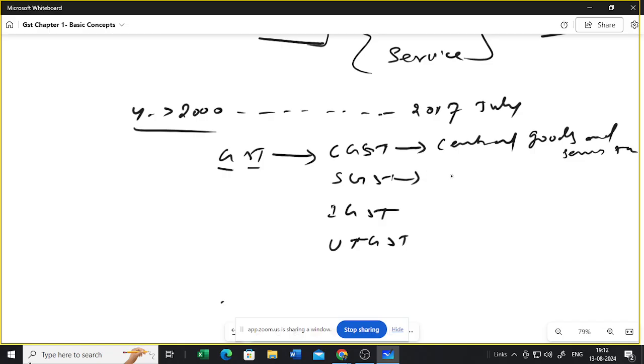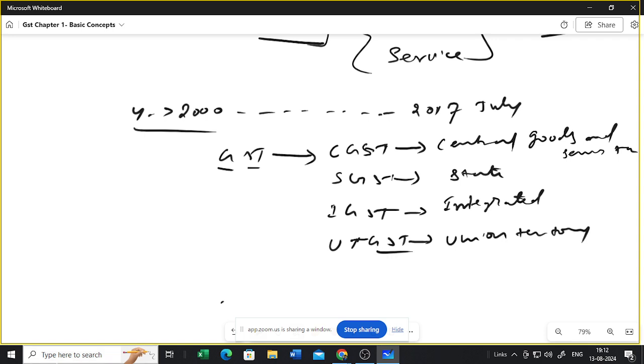SGST means State Goods and Service Tax. What is IGST? IGST means Integrated Goods and Service Tax. What is UTGST? This is Union Territory Goods and Service Tax. Okay. So based on this,